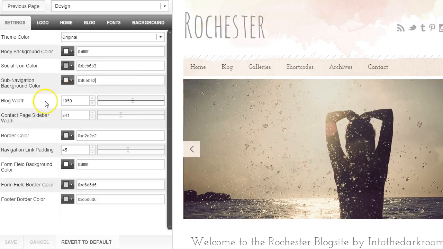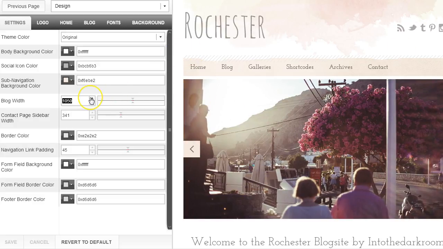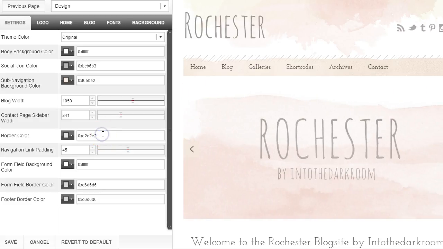So now we have the blog width. So this is the amount of pixels in width that this blog is actually set to. You can make your blog a bit more narrow, wider. We have ours set to 1050. And then the next thing I want to show you is the border color. So it's kind of hard to see in this view, but there's a border that wraps around this blog, and